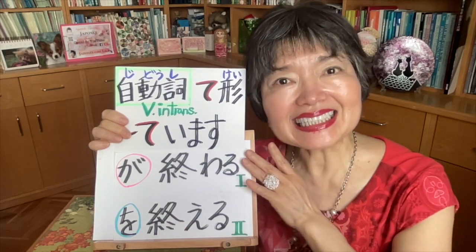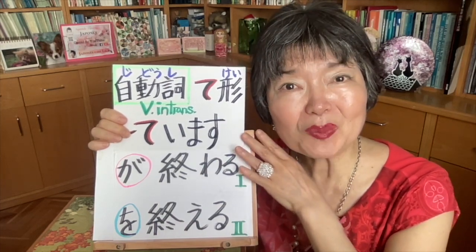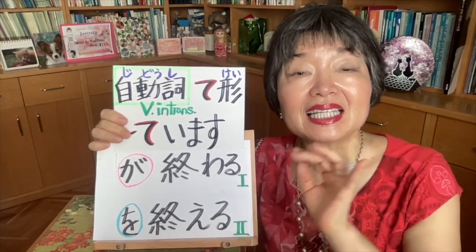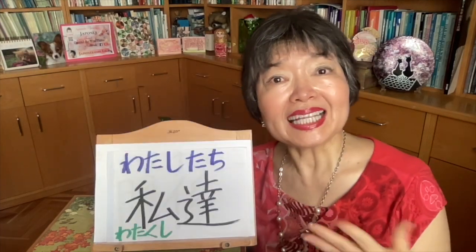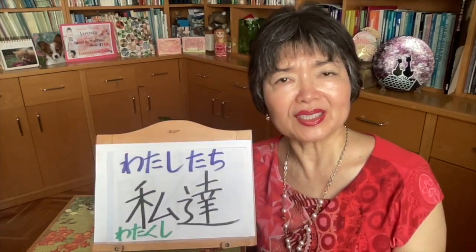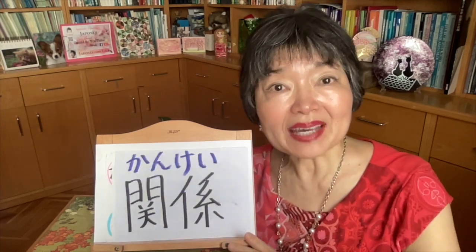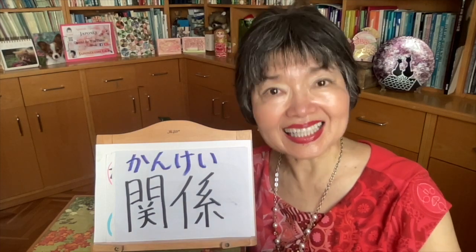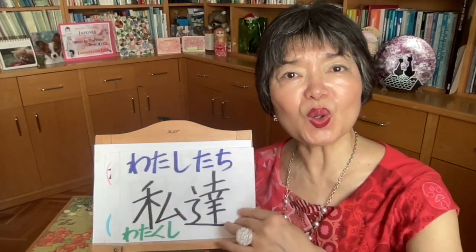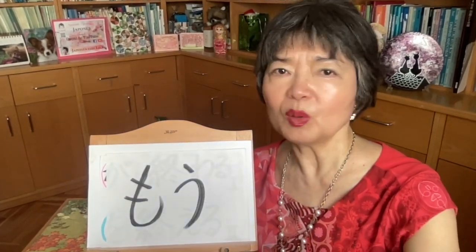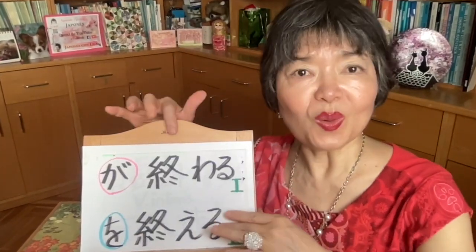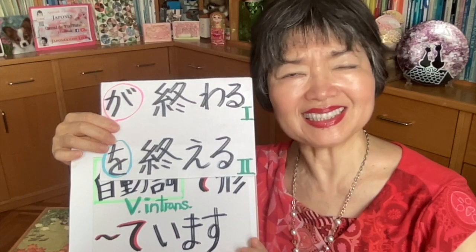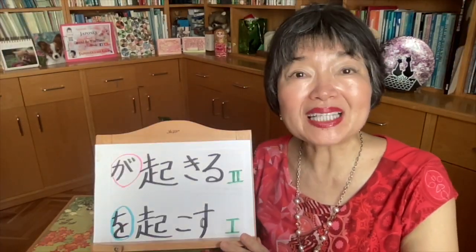Now using the intransitive verb 終わる in TE form and IMASU, the state 終わっています。It means it's done. Our relationship is already finished. It's over. The vocabulary, relationship, 関係。私たちの関係はもう終わっています。